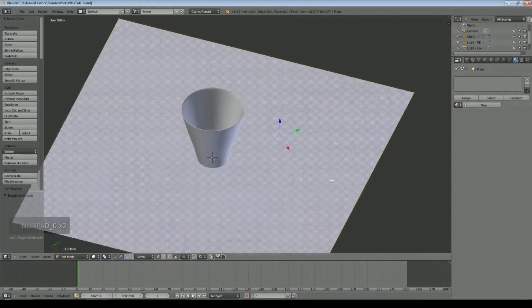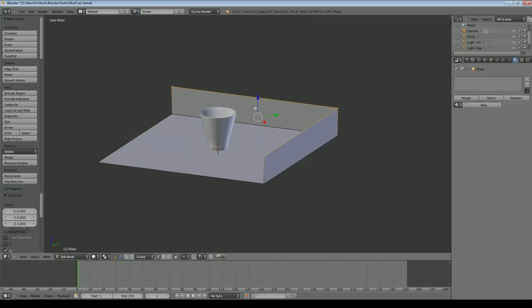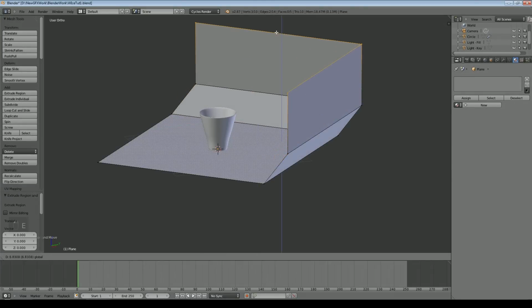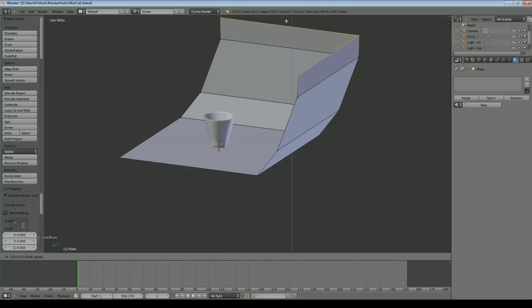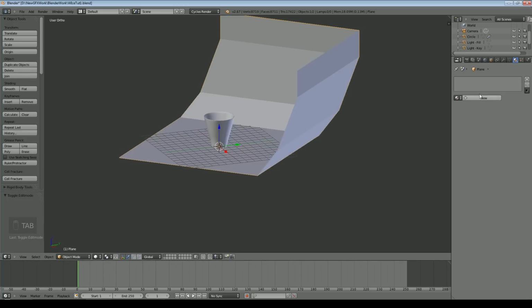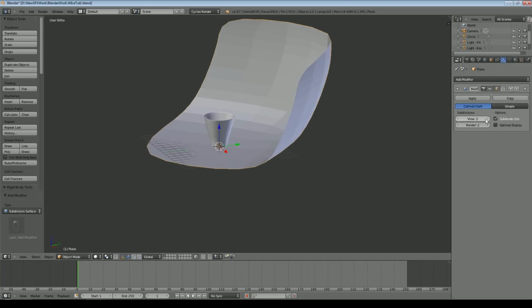Yep. E to extrude. We're still in orthographic mode. Take that back a little bit. E to extrude again, and take it back, and extrude again, then add a subdivision surface to that, and smooth shading.